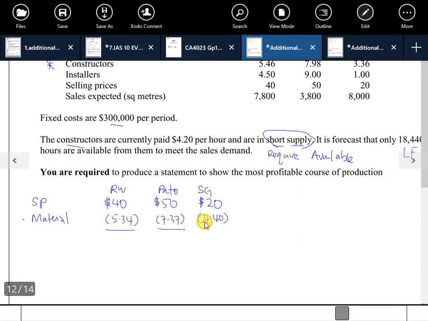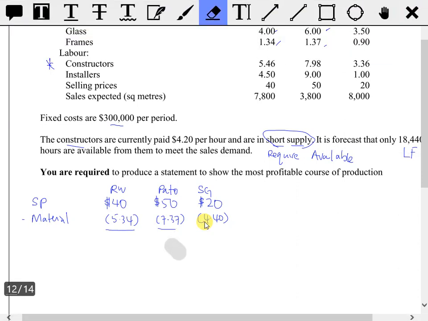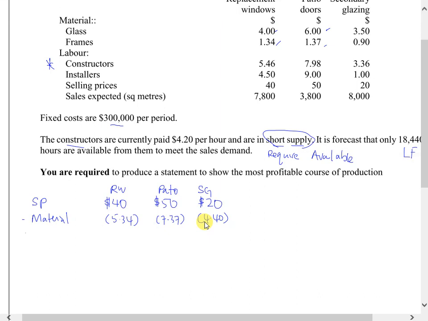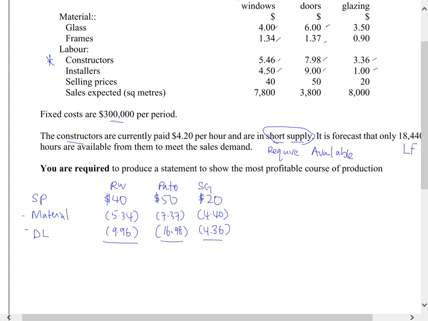Still got labor. Material is variable cost. Direct labor is also variable cost. 996, 1698, 436. Variable. This one is my